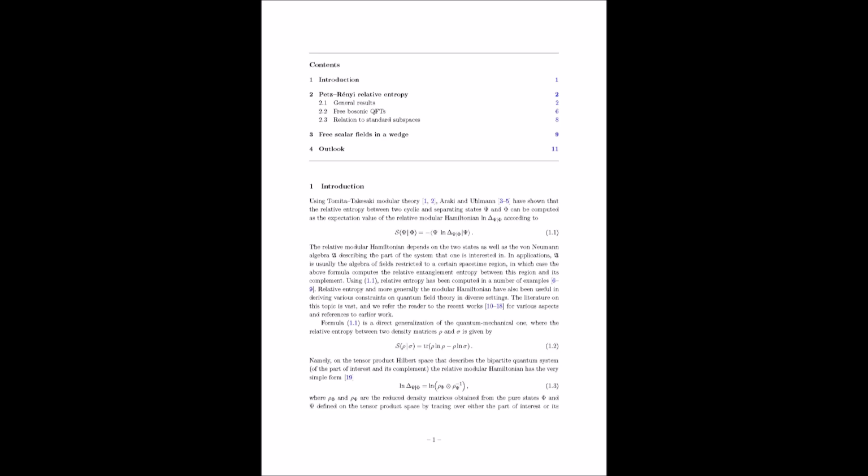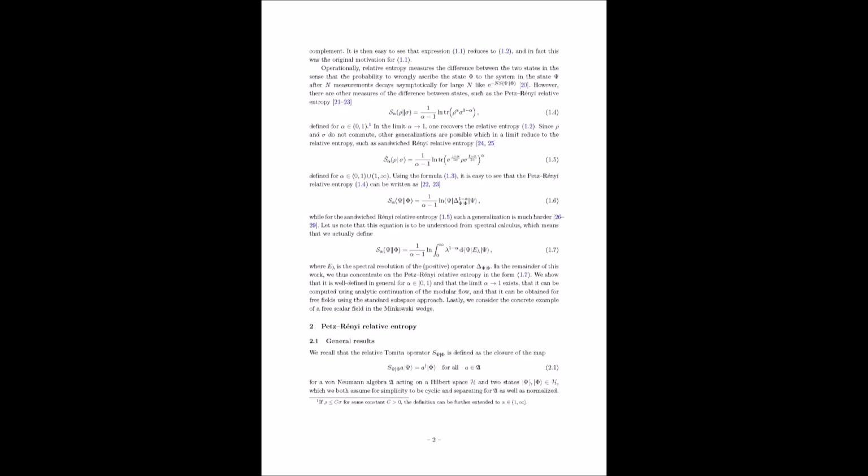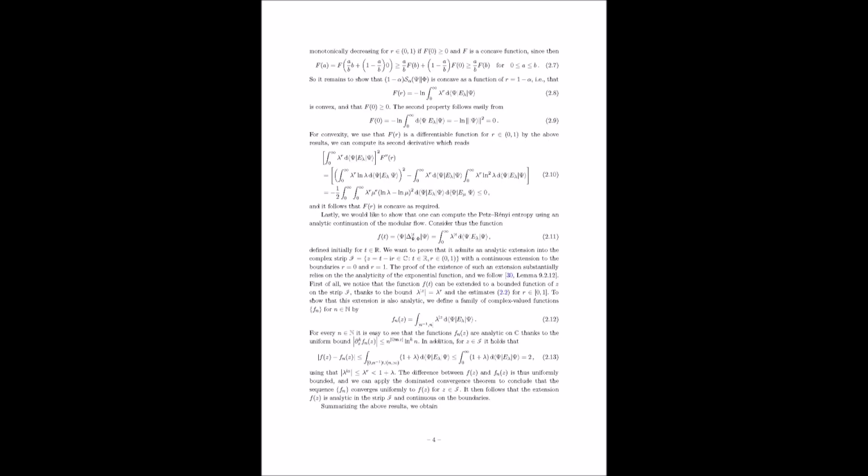And this is where Petz-Rényi relative entropy shines. It allows us to dig deeper into those finer details. So it's like having a census for our quantum states. You got it. It helps us understand the intricate structure of those differences, not just the overall magnitude. Now, to do all this, the paper introduces a lot of mathematical heavy lifting, starting with something called the relative Tomita operator. Right. The relative Tomita operator, it's a crucial player in all of this.